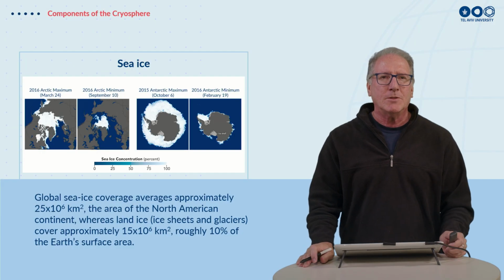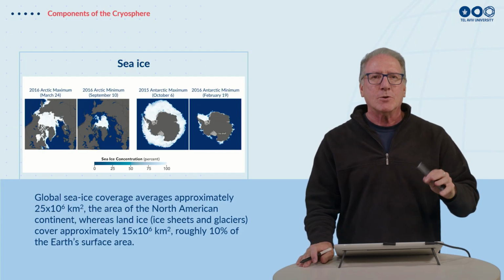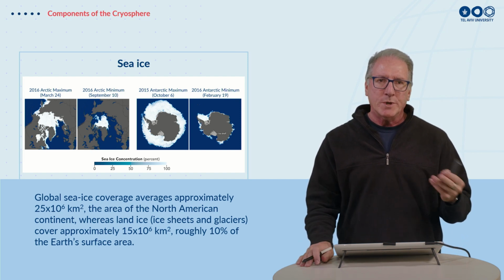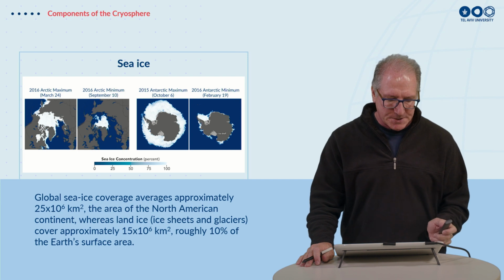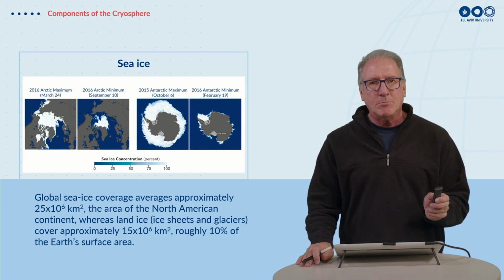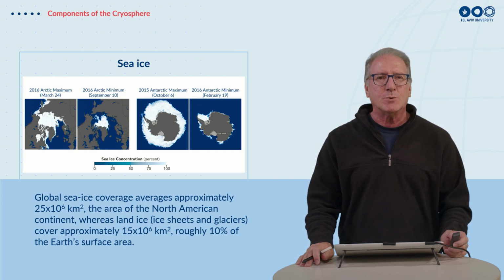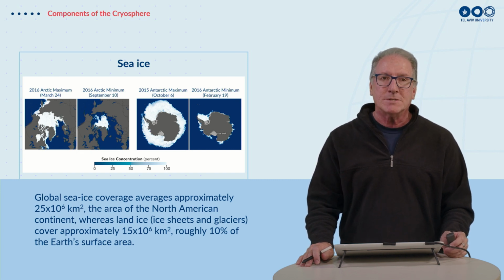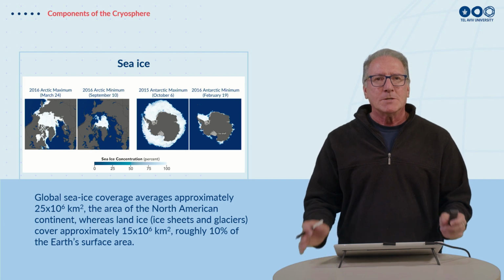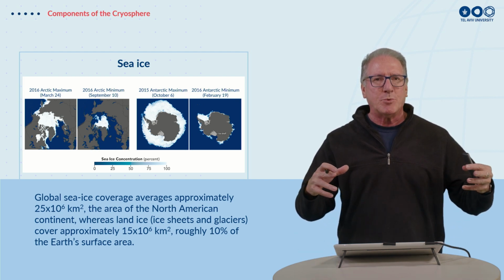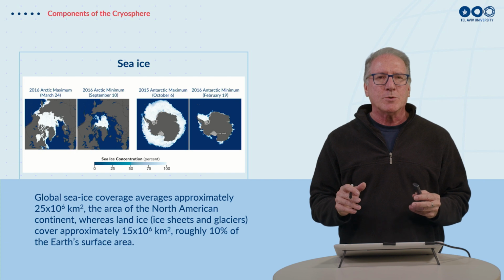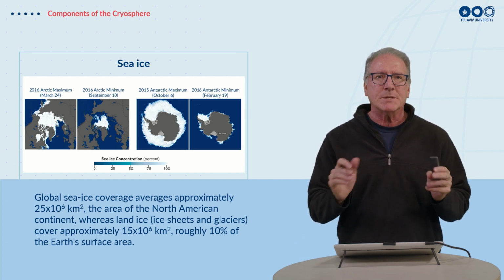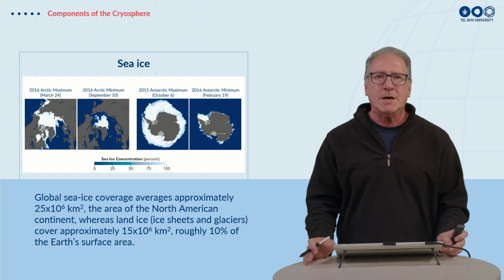We can see here on the left, looking down on the North Pole, the sea ice shown in white in the winter, in March 2016. And next to it, we can see the distribution of sea ice at the end of the summer in September of the same year. So the sea ice grows in the winter, it spreads out, covers the ocean in the North Pole and around Canada, in Russia,